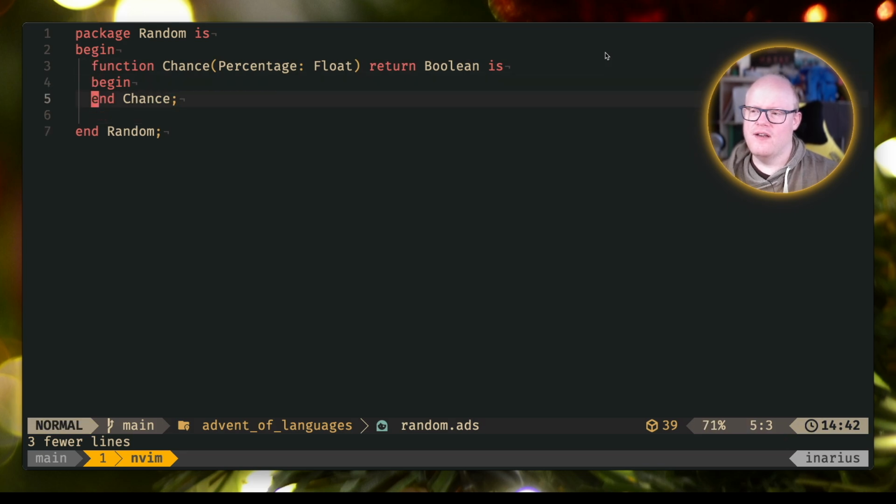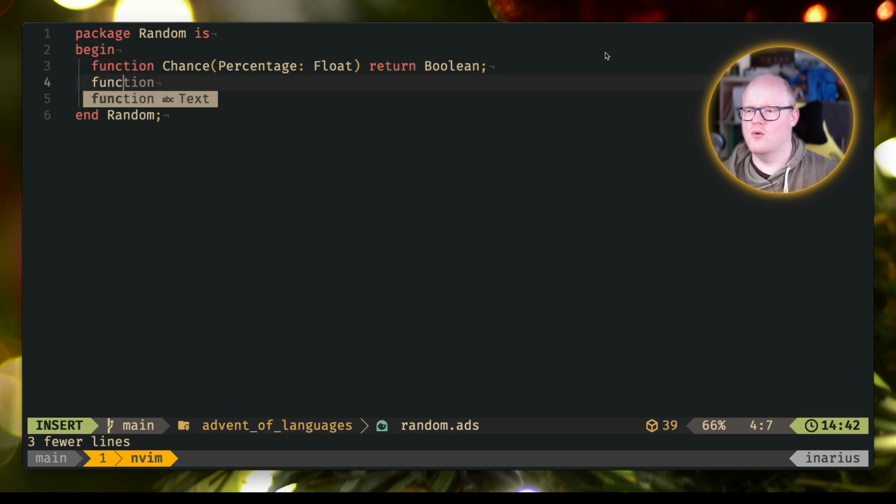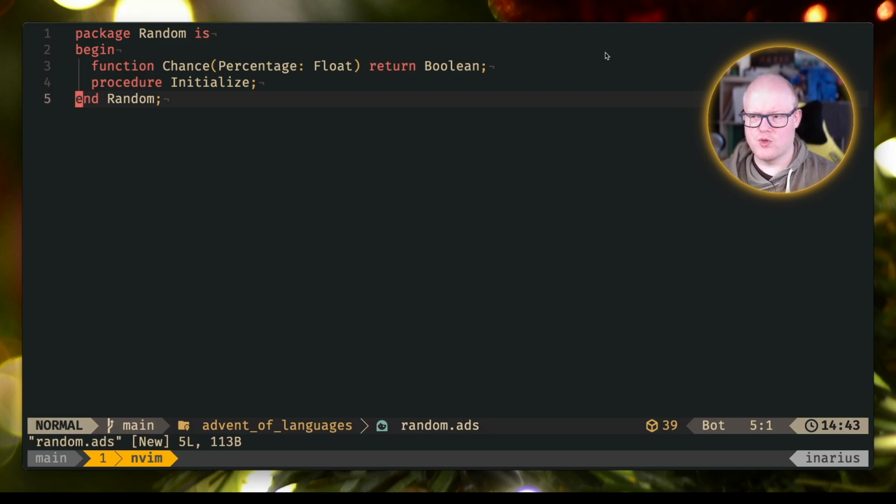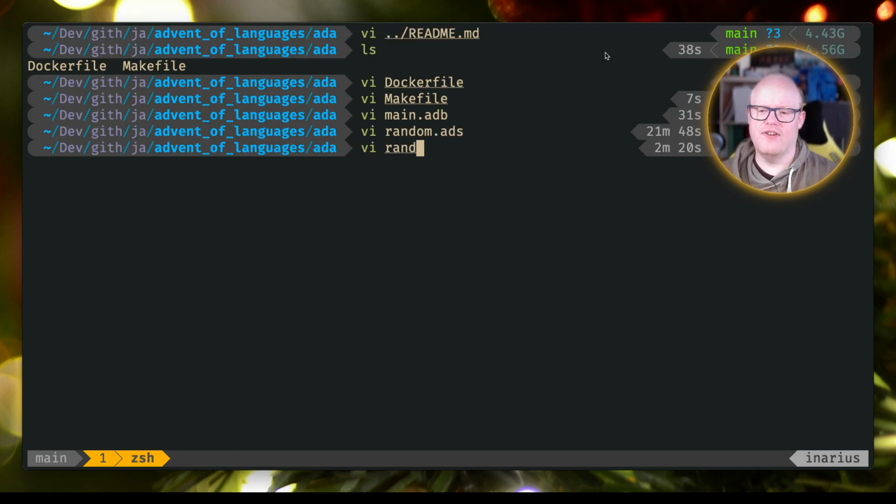What we further need, we are not defining the body here. We are still defining only the interface. So we are defining the interface, which also contains this procedure, which we call simply initialize, which will not take any arguments, and it will in the end initialize our random number generator. So let's store that and let's go to the body file here,